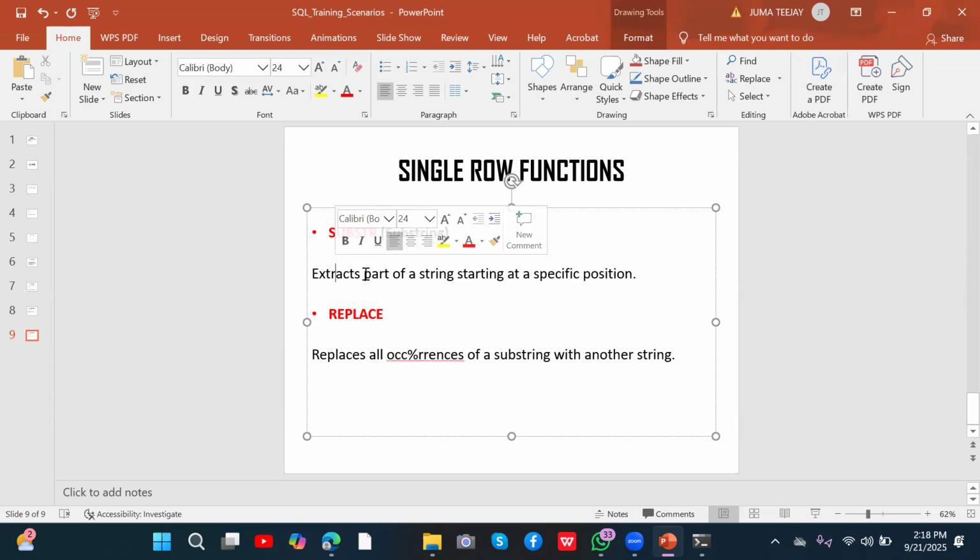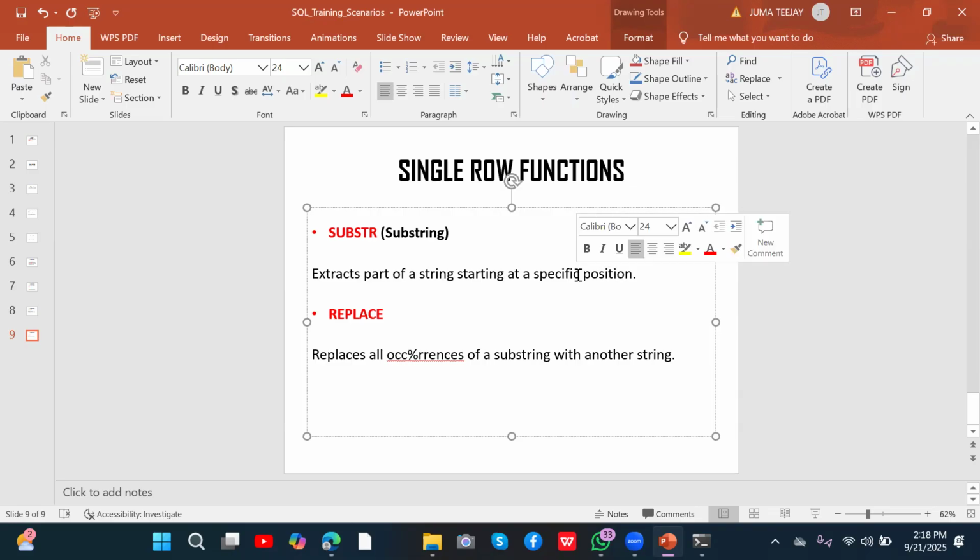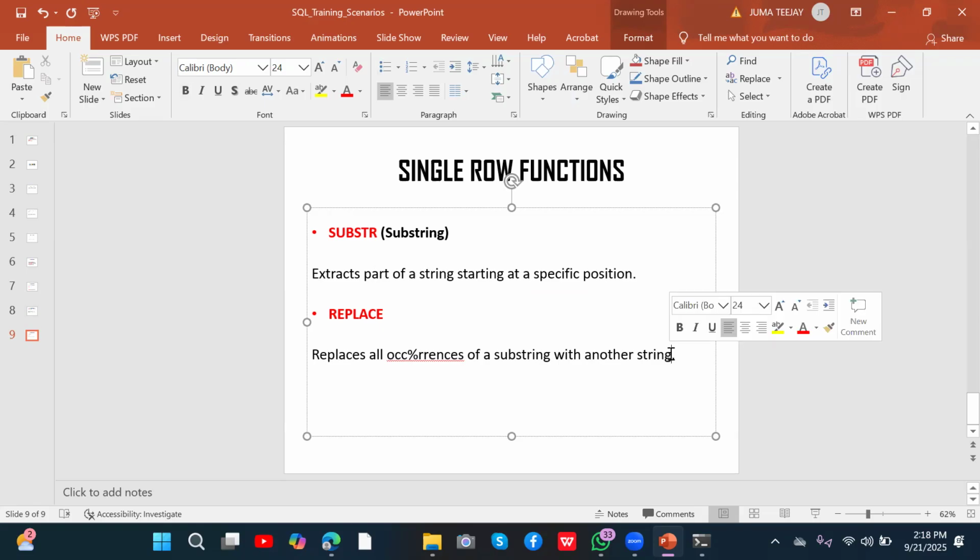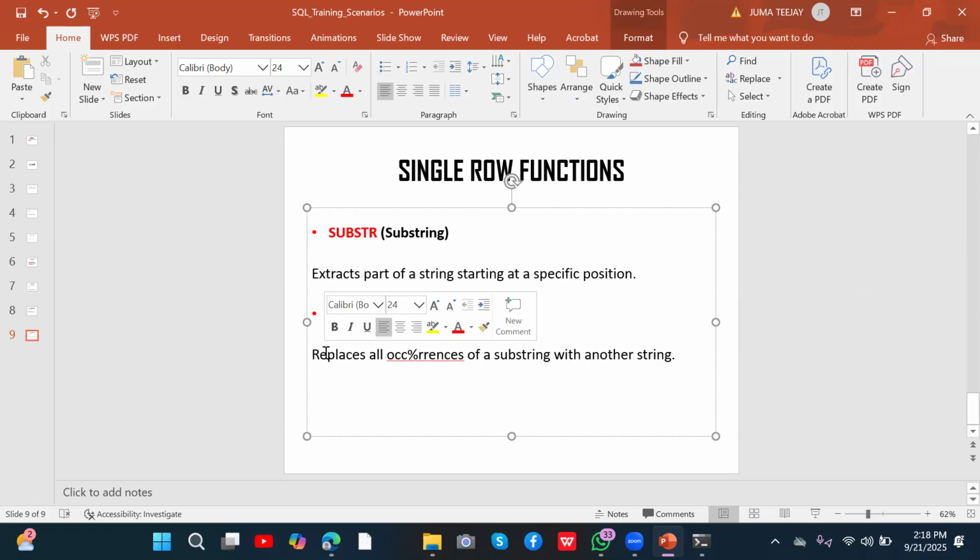So for substring, it extracts a part of a string starting at a specific position. So you must specify a position, maybe the first or maybe the second, but the position has to be there. It can take either two parameters or three parameters. You must specify the position, and it replaces a substring with another string. If it is the word replace, where there is E, you can put